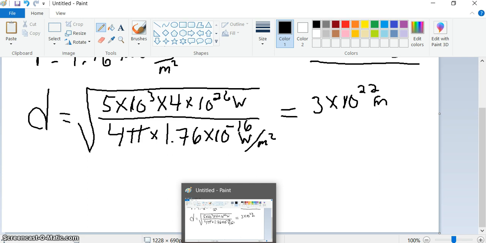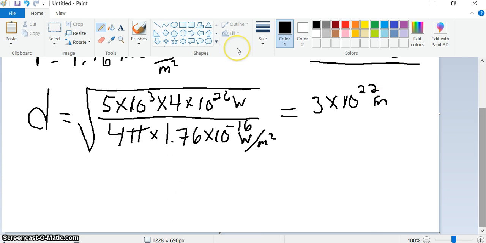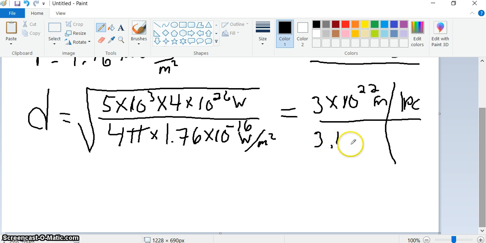Here, I'll scroll up. Oops, didn't mean to do that. All right, so for parsecs, we know that in 1 parsec, 1 PC, there are, well, I don't really have room right here, I'm going to put this over here. In 1 parsec, there are 3.1 times 10 to the 16th meters, right? And so the meters cancel, and you get